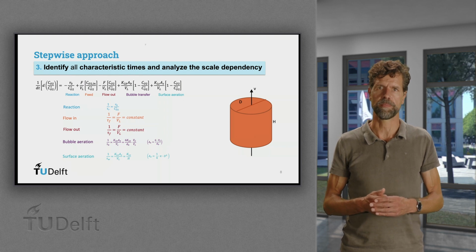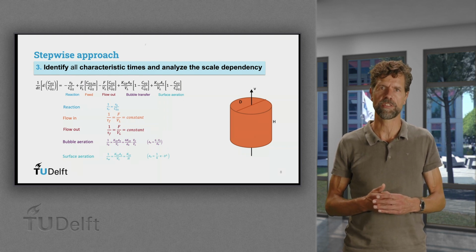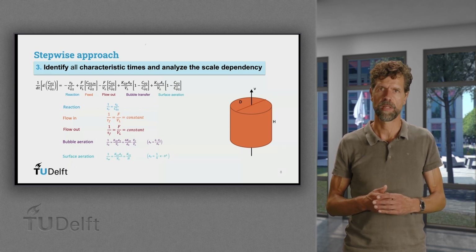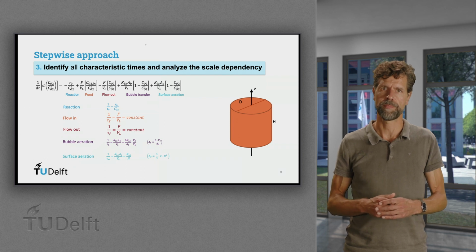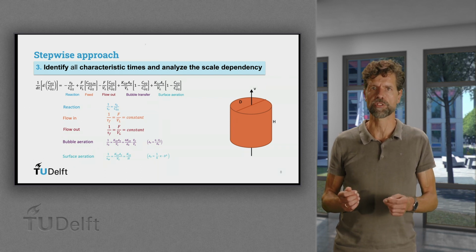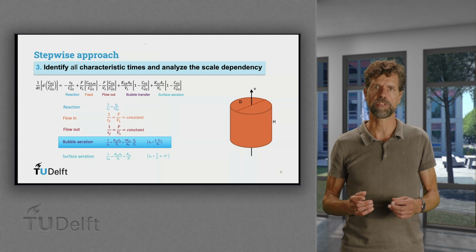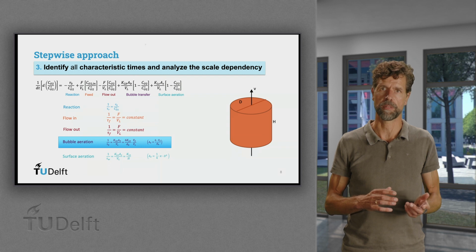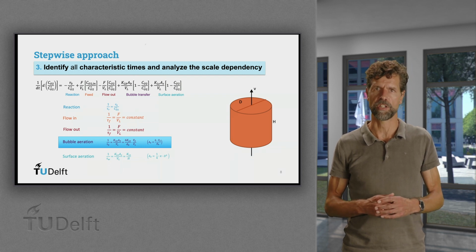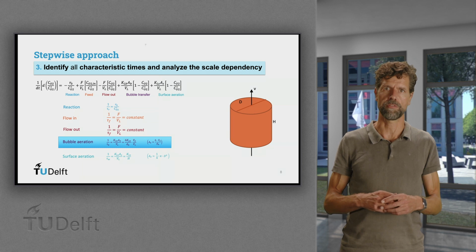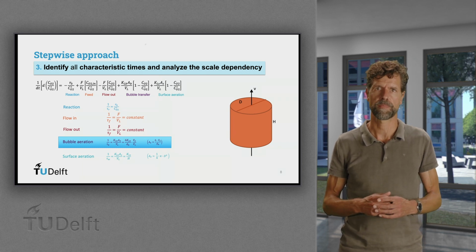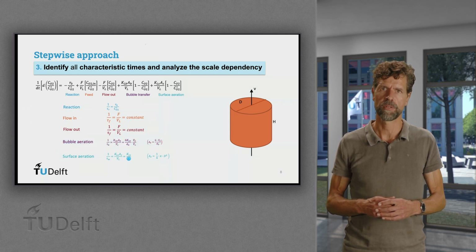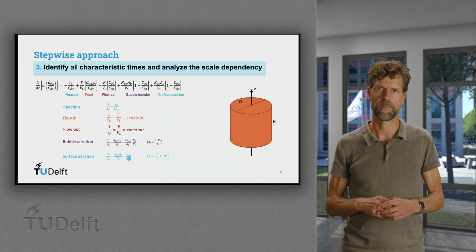We can write each mechanism as a function of the operational settings, transfer coefficients, and geometries of our bioreactor system. Let's take one term as an example. The transfer of oxygen from the bubbles to the liquid has a rate capacity that is a function of the oxygen transfer coefficient kL, the bubble diameter dB, and the total gas and liquid volumes, VG respectively VL. We see only one transport mechanism in which the dimension h appears, so this one is scale dependent.